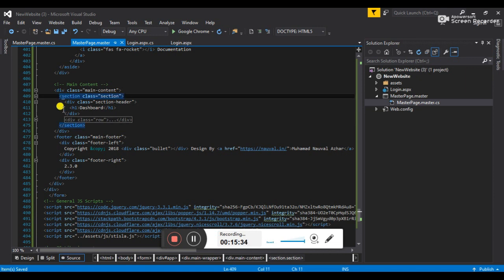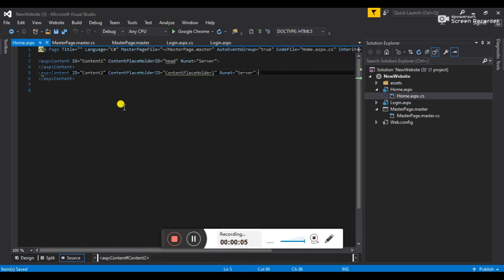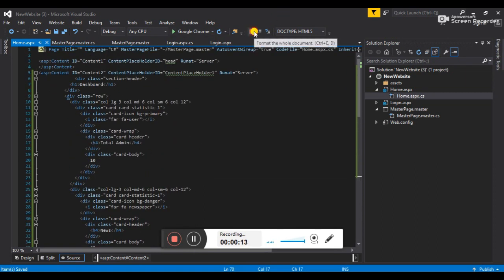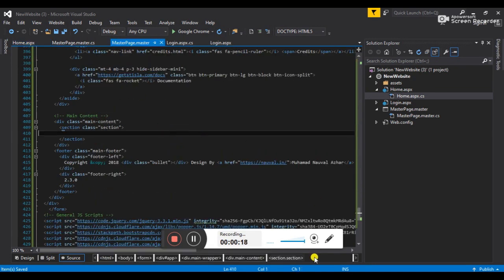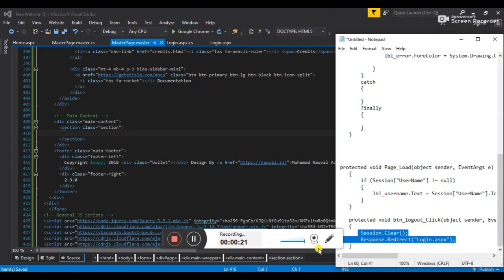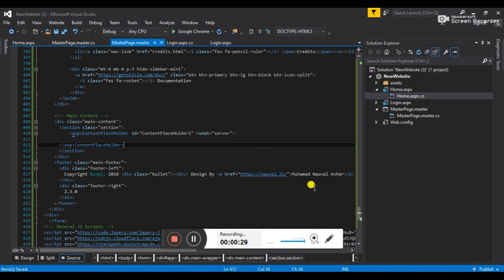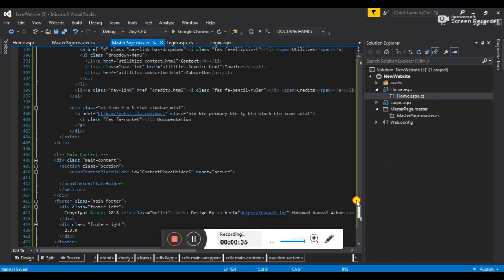Alright, then after that I will cut all of these and paste them in the home page. Okay, I have created a home page, so I will paste all this detail in that home page. Then just design it, and this error will also be solved. The error is because, I will show you, I told you to copy the page content here. Now we need the content placeholder in this section, and then another content placeholder for the header in the header section.